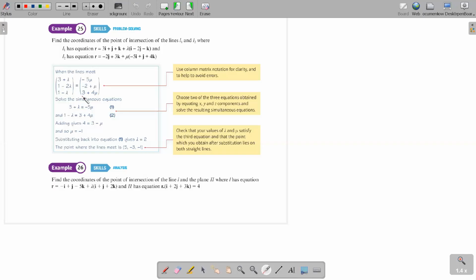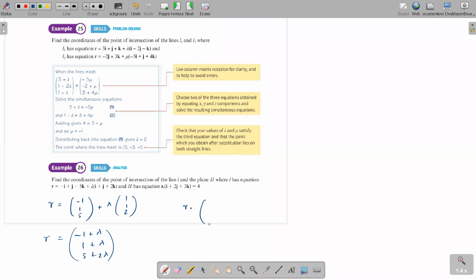Yeah. Then the next one, find the coordinate of the point of intersection of line and plane. That's also really easy, children. How do you find the point of intersection between line and plane? Once again, we just do a substitution here. So here R is (-1, 1, 5) plus lambda times (1, 1, 2), right? So R can be written as (-1 + lambda, 1 + lambda, 5 + 2 lambda). Do you agree with what I wrote here?